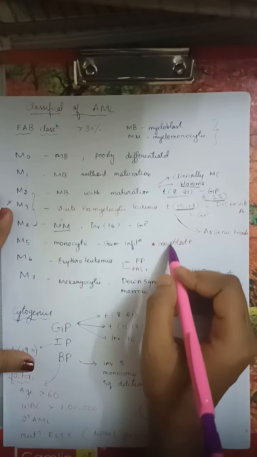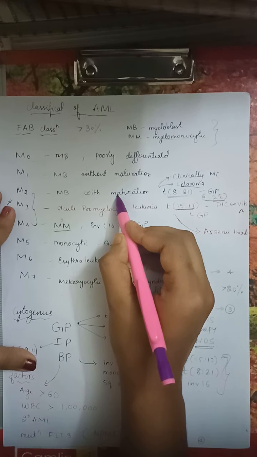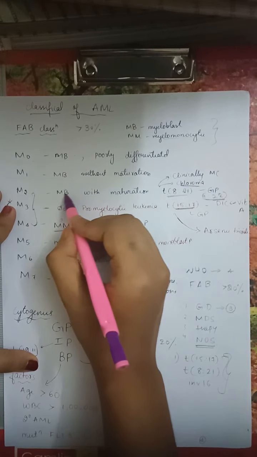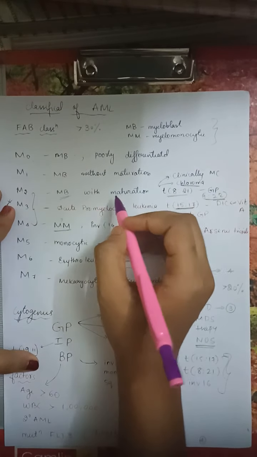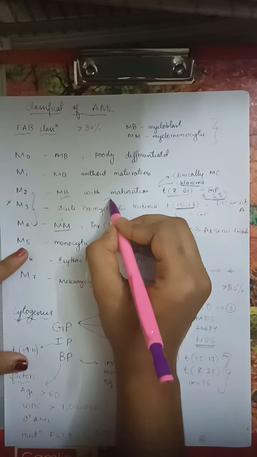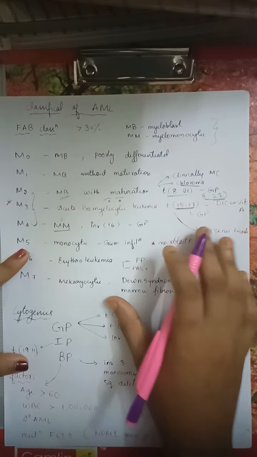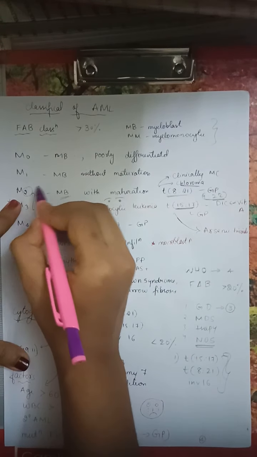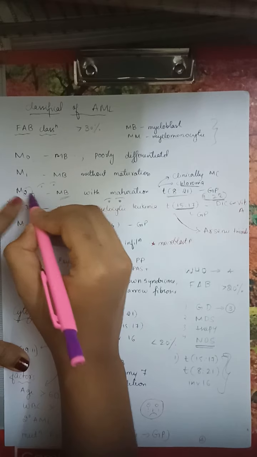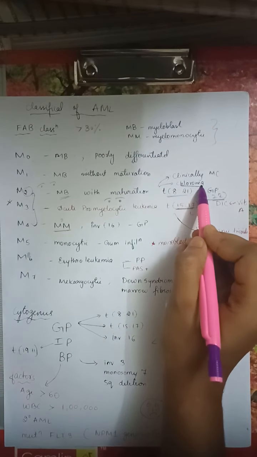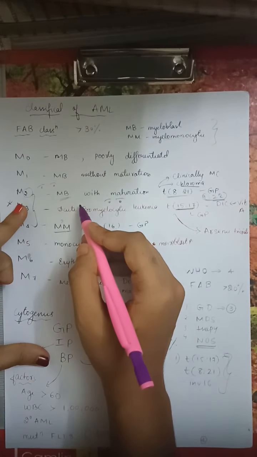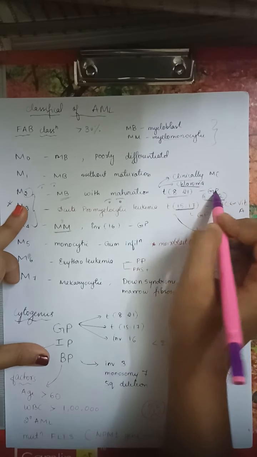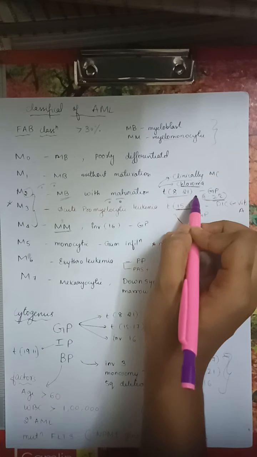And one more important thing: I told you M2 is clinically most common, and it causes chloroma. That is, the immature cell, the myeloblast, will go and sit in our periorbital tissue in our eyes. Therefore the main clinical feature is proptosis. Now how to remember? We have two eyes. Therefore M2 is associated with something called chloroma, and it is everything associated with C, like clinically most common, chloroma, and it has good prognosis, and this is the translocation.